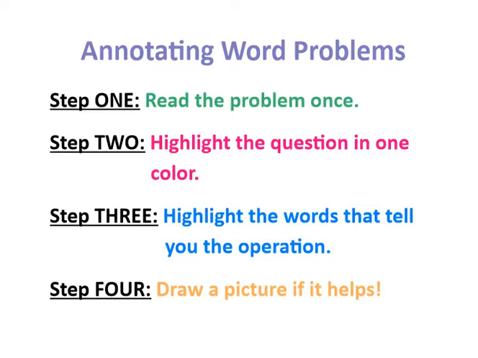So we're going to go back to our annotating procedures for this. Remember that we're going to read the problem once. We're going to highlight the question in one color. If you're not a fan of highlighting, you can underline. That's perfectly fine. You're going to also highlight in a different color the words that tell you the operation. If you're not a fan of highlighting, I'm going to ask that you use a different type of underline, so maybe a squiggly line or circle. And as always, if it helps you to draw a picture, go ahead and do so, but that's an optional